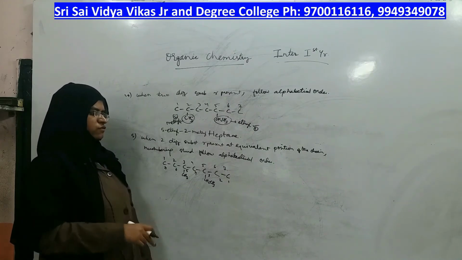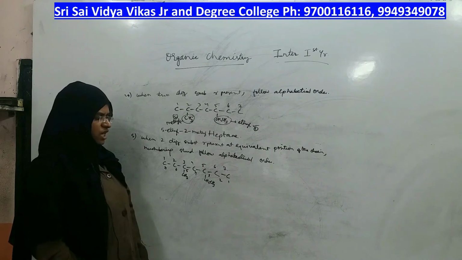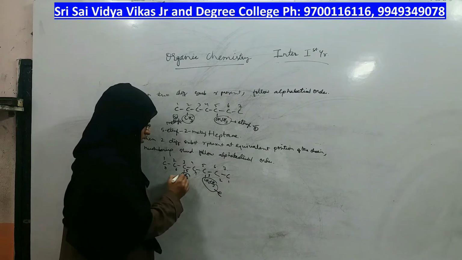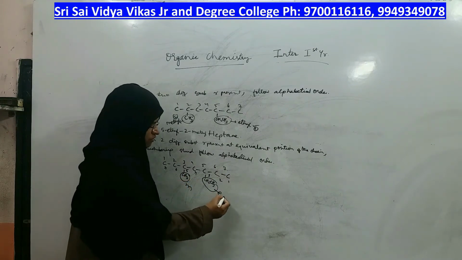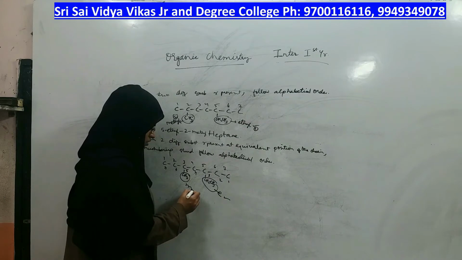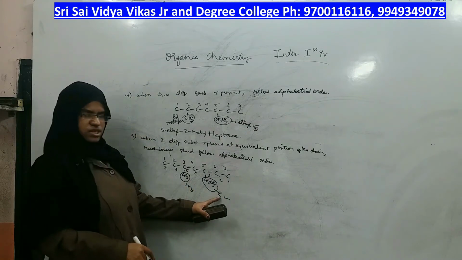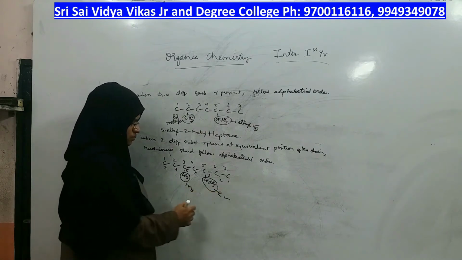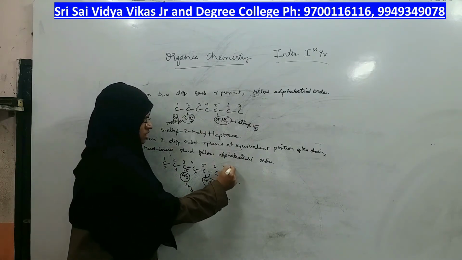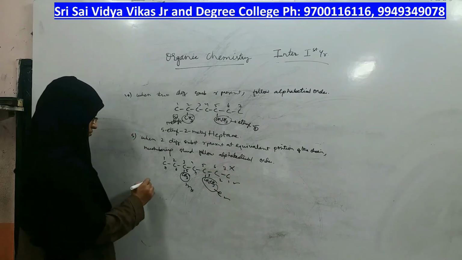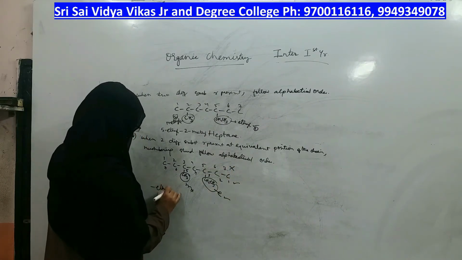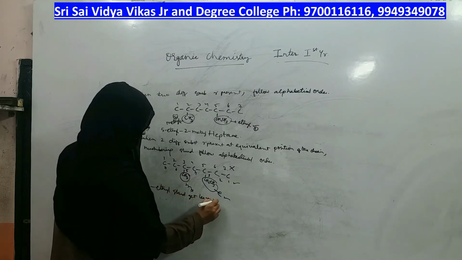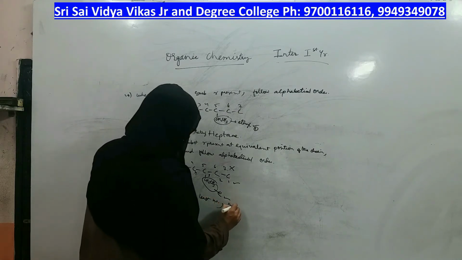No. You have to give numbering by following the alphabetical order. What is the name? This starts from E. This starts from M. So, preference should be given to this and not to this. So, ethyl should get the least possible number, not methyl. So, if ethyl is getting the least possible number, this is correct and this is wrong, right? Ethyl should get the least number, not methyl.